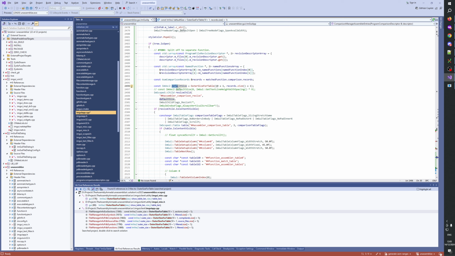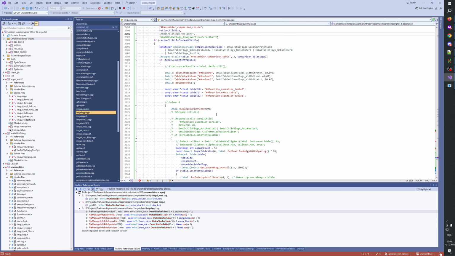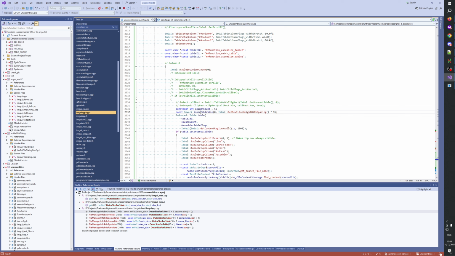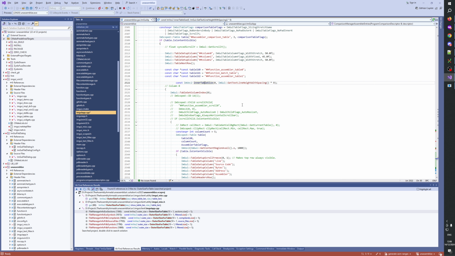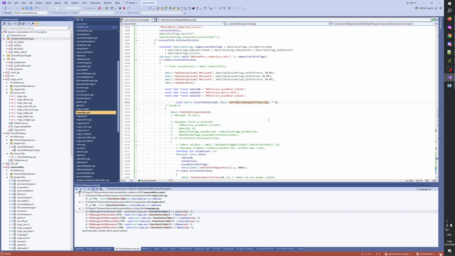How about we call this resize child size. Then we call this here, let's move it outside here. Record table size. Put it to 0 and